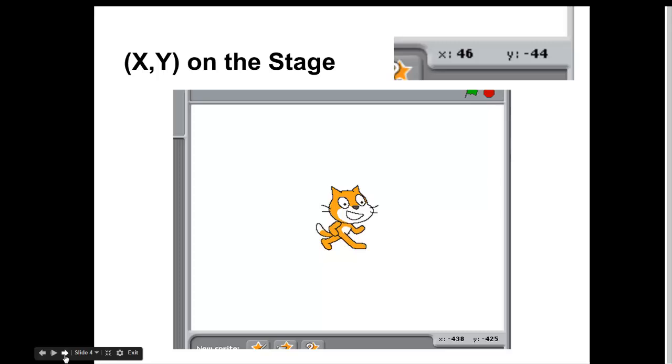Scratch's coordinate system uses two coordinates, an X position and a Y position, to determine the location of the sprite on the stage. The X position determines the horizontal location of the sprite, and the Y position determines the vertical